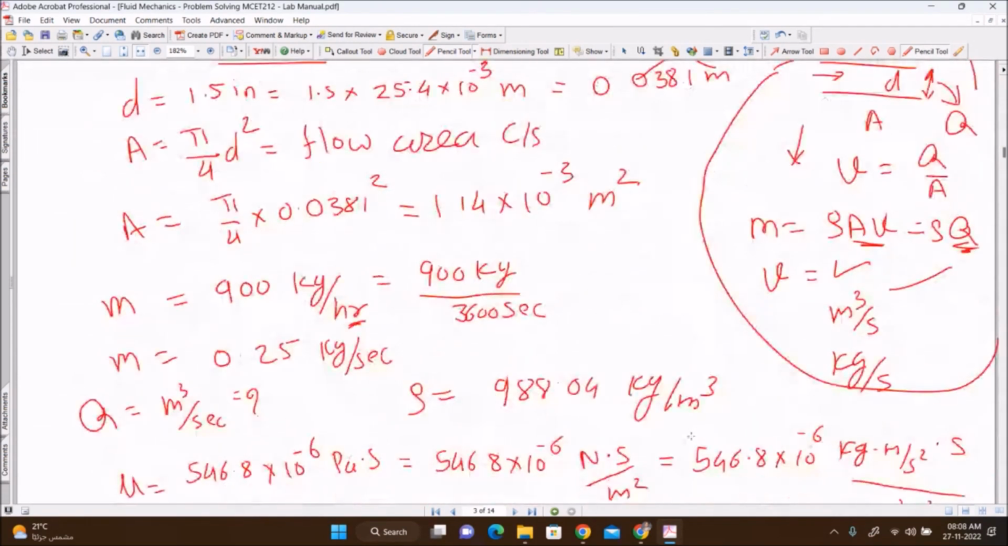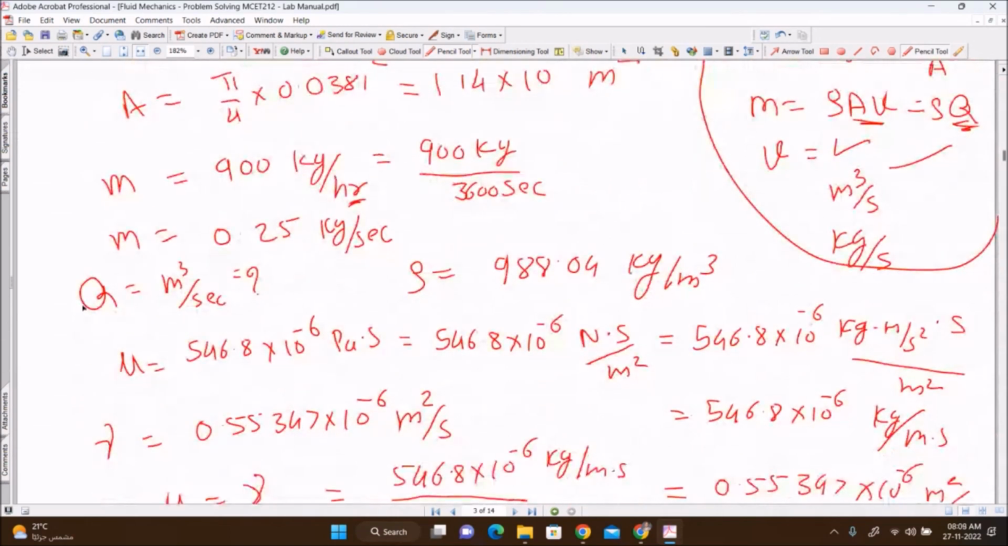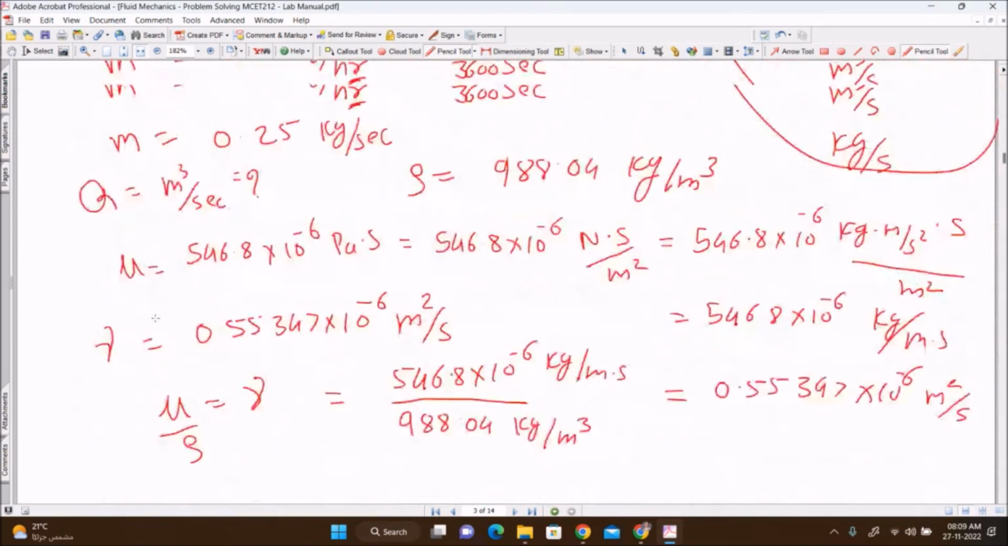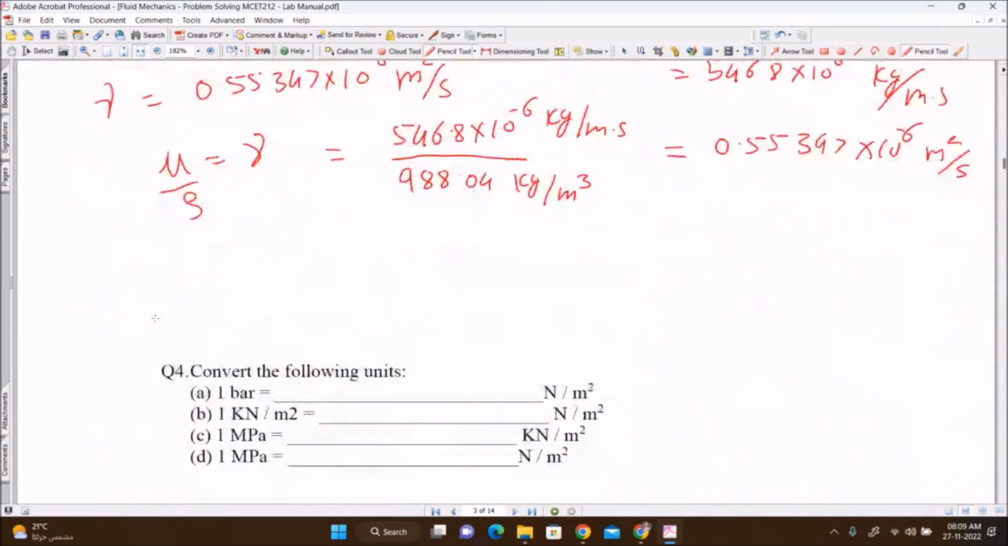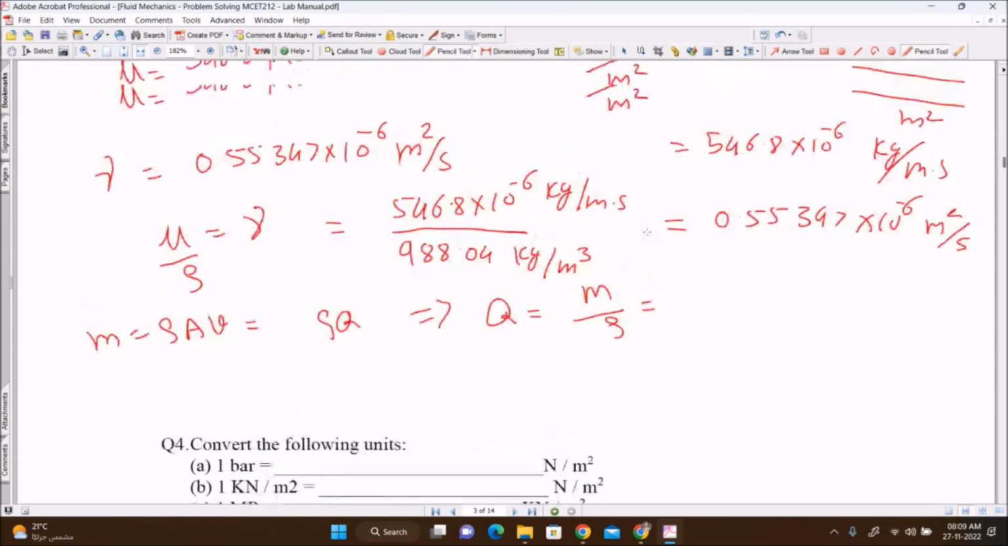As I know, we need to find the discharge. For discharge we need velocity. Mass flow rate is given, so I can write the continuity equation: m is equal to rho A V is equal to rho Q. This will give me the discharge. Discharge is equal to mass by rho. Mass is given to you,